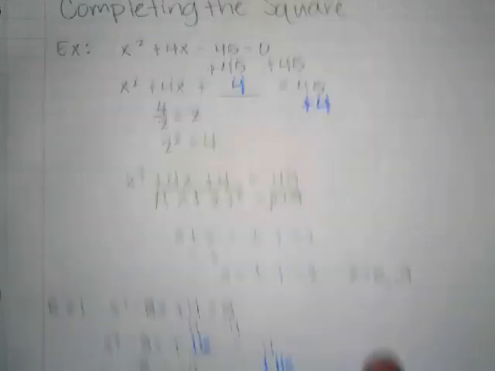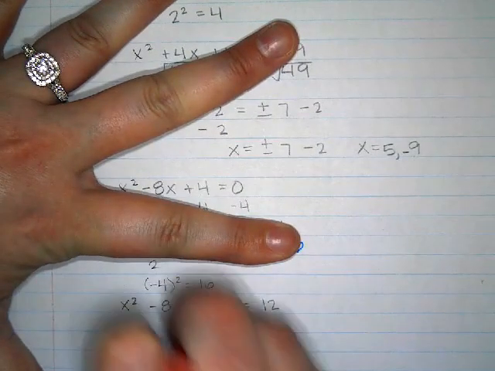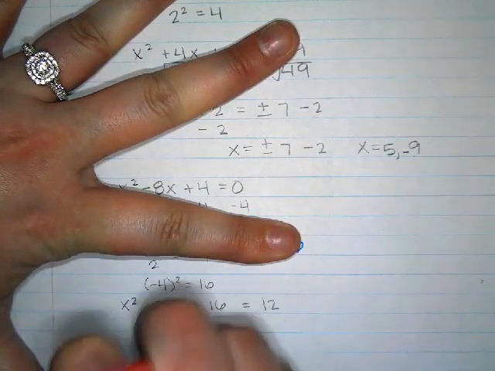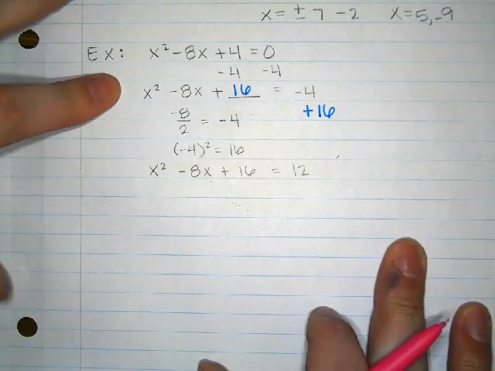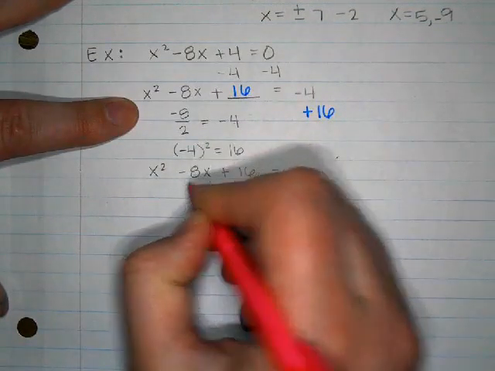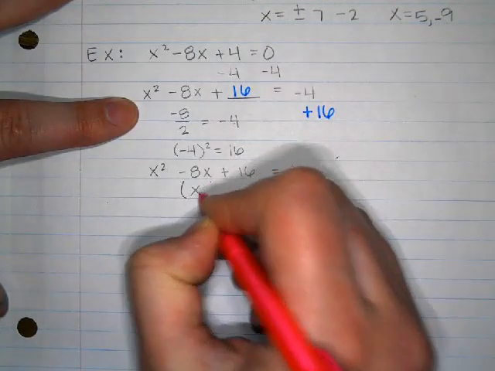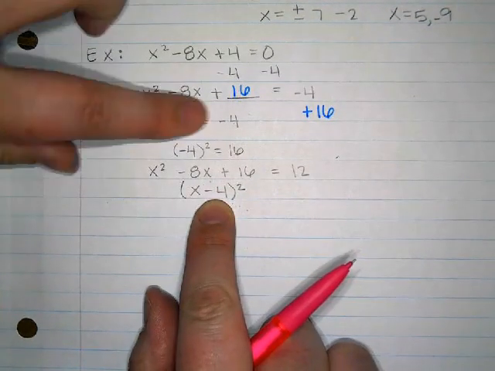Okay, so we're looking for two numbers that multiply to 16 and add to negative 8. What are those two numbers? Negative 4 and negative 4. So we have (x minus 4) squared. So just like before, the number that you got when you divided by 2,